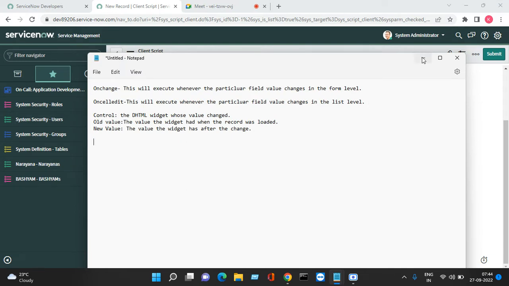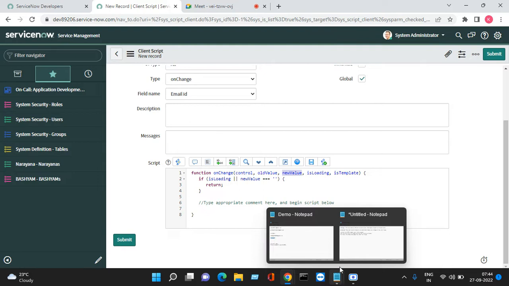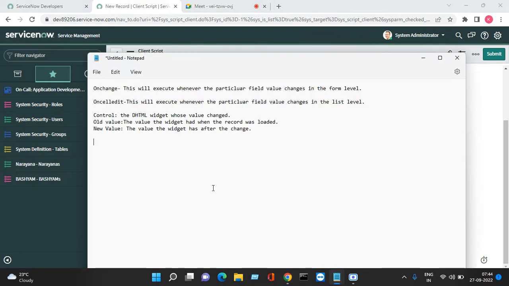The next thing we see, these are the three we have, right? So we have discussed control, old value and new value. Next is isLoading and isTemplate. So what is the use of isLoading? isLoading is nothing but